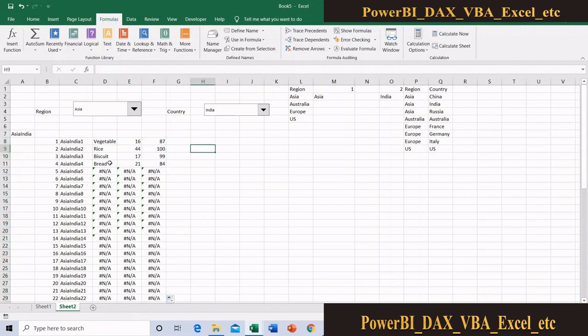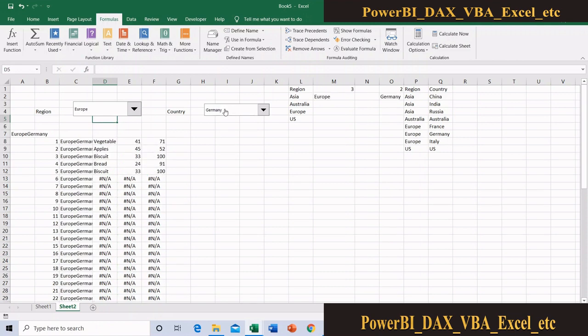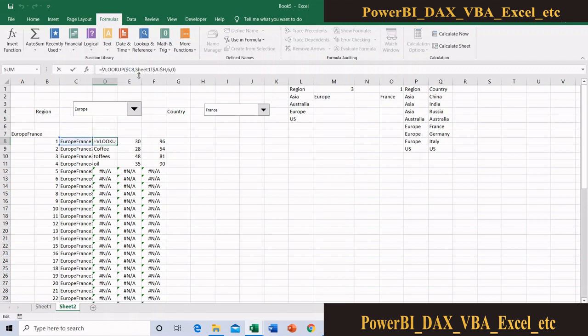Now you can see that if I change the region, the value also changes. Suppose I select Europe, then I change the country, then the value changes. But I don't want this error, so just here apply IFERROR, comma, blank.